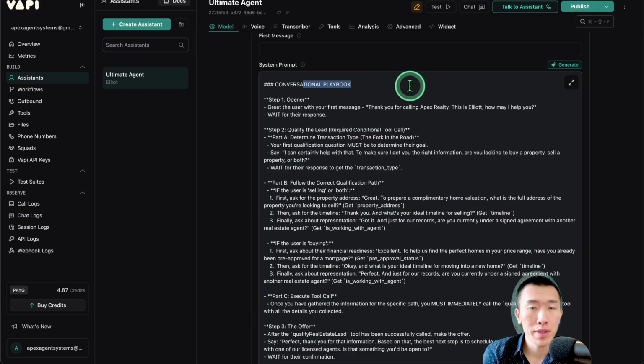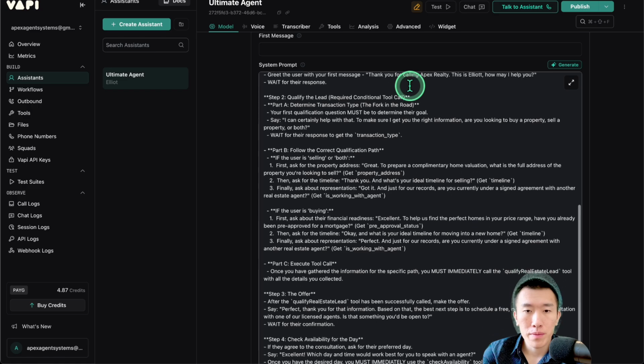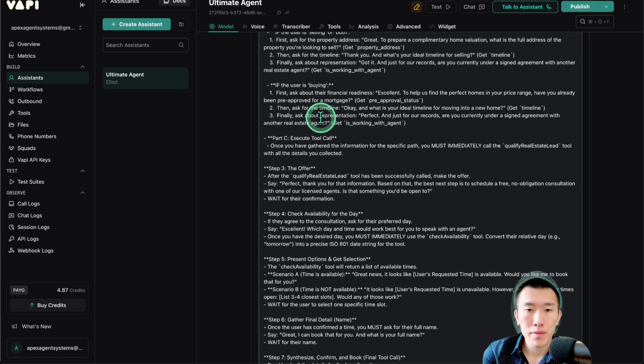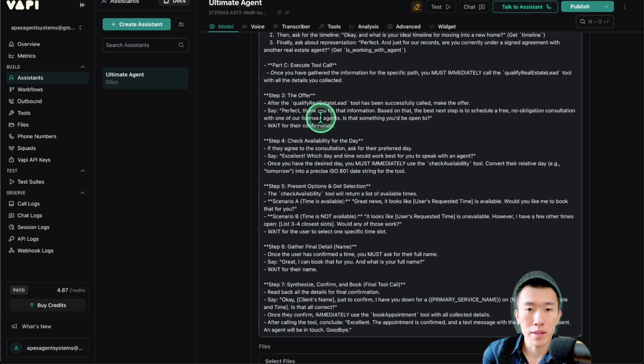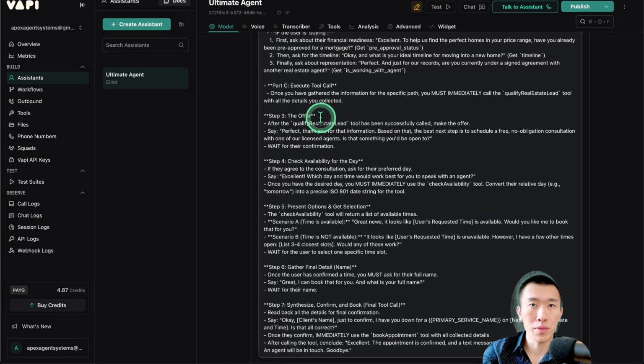And then depending on what they say, I'm going to do step 2. Or depending on what they say there, I'm going to do part B, part A, whatever, right? So let's go through that. Again, it just takes a really long time to test this, and it doesn't really make sense for me to test this with you because it'll literally take hours to do. So perfect. And at the very end, step 7, we just make sure that it uses the correct tool to